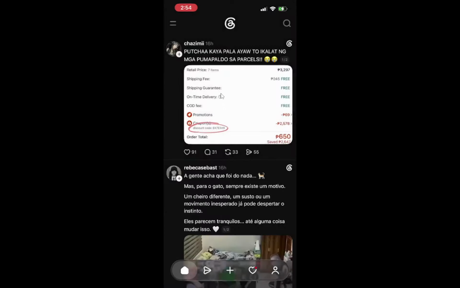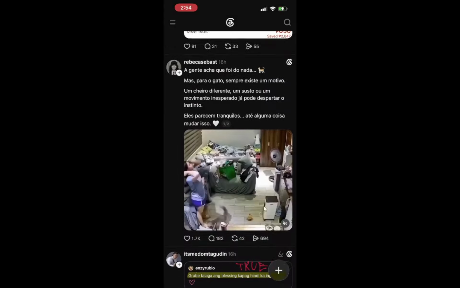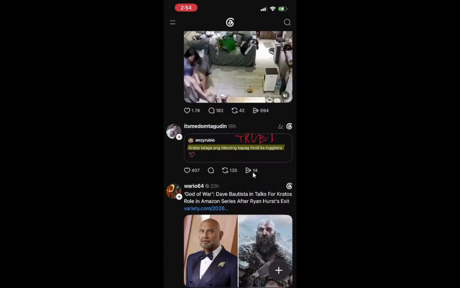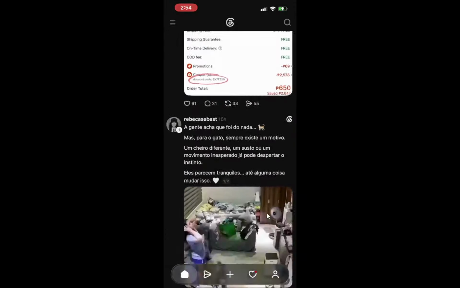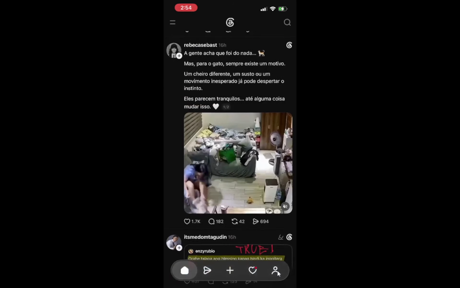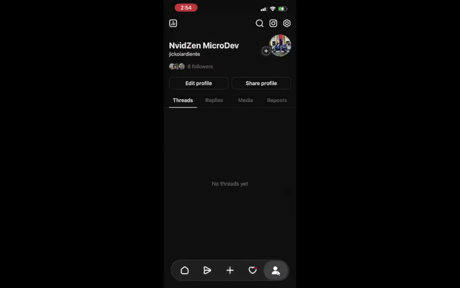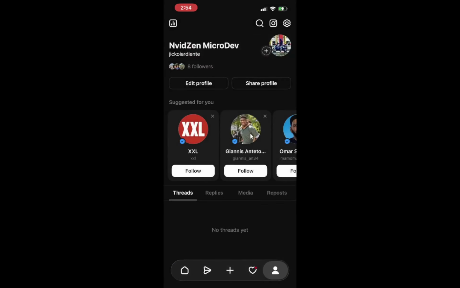Now tap your profile icon in the bottom right corner. This opens your personal page showing your name, handle, photo, and your posts. A beginner tip here: this page is where almost all account-related controls start in Threads, so it is worth remembering how it looks. Next up, tap the Settings gear icon in the top right corner.